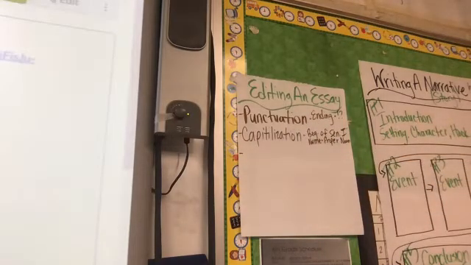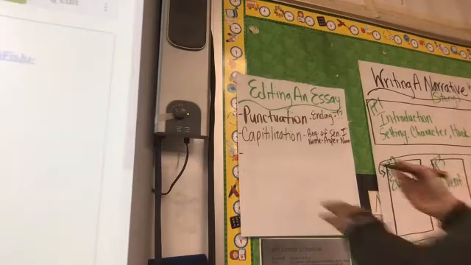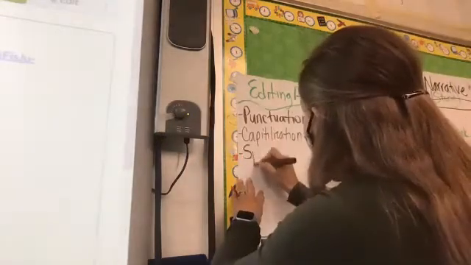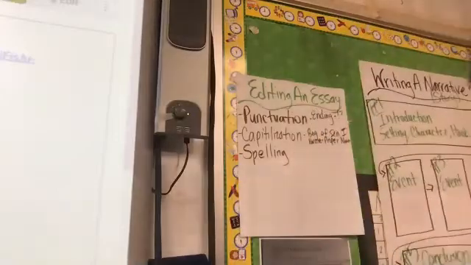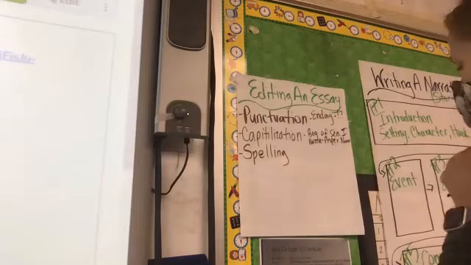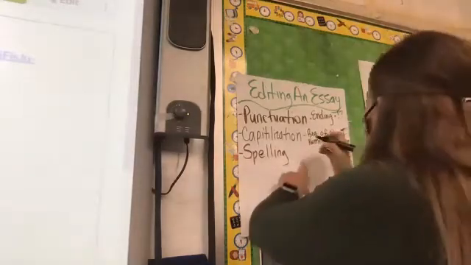What else do you need to look for? What shows up under a wonky word, a little squiggly red line? What does that mean? It means it's not spelled right. So we need to check for spelling. If you have one of those little squiggly red lines, let me give you an example. How do you spell, if you spelled